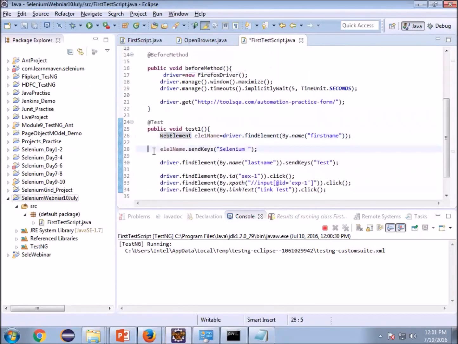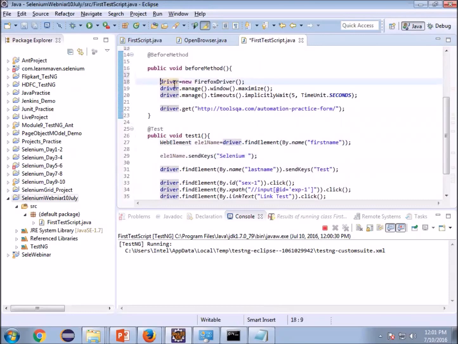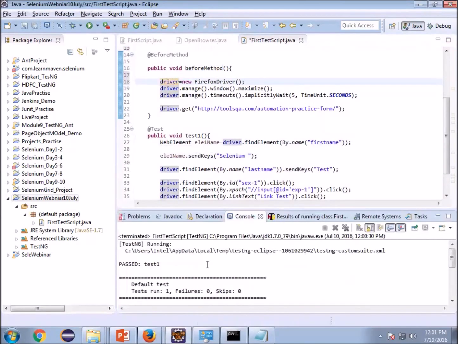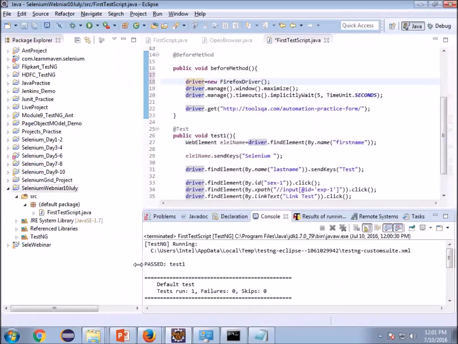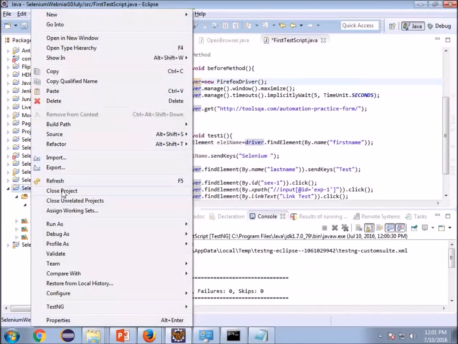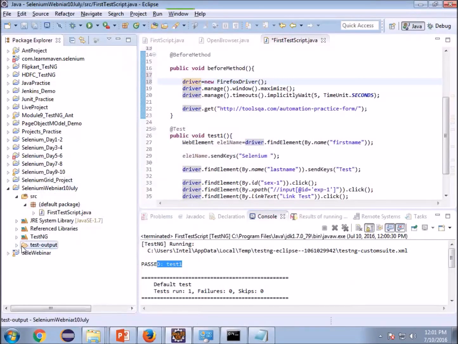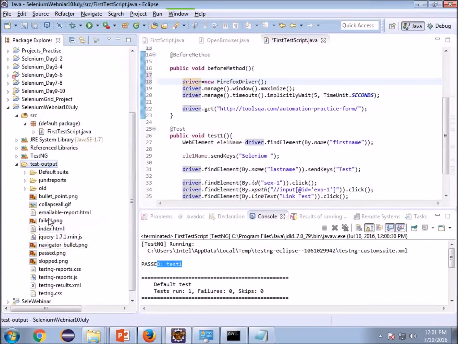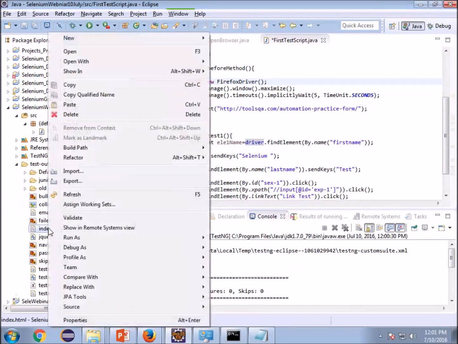While this code runs, someone asked me how I can run this in Internet Explorer. So this has run, and I will get the test as a pass. If you refresh here, you will get a folder like test-output, and inside that you have index.html.